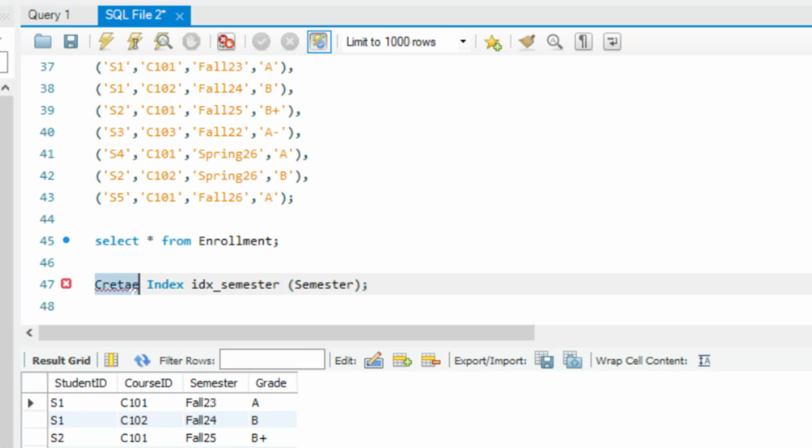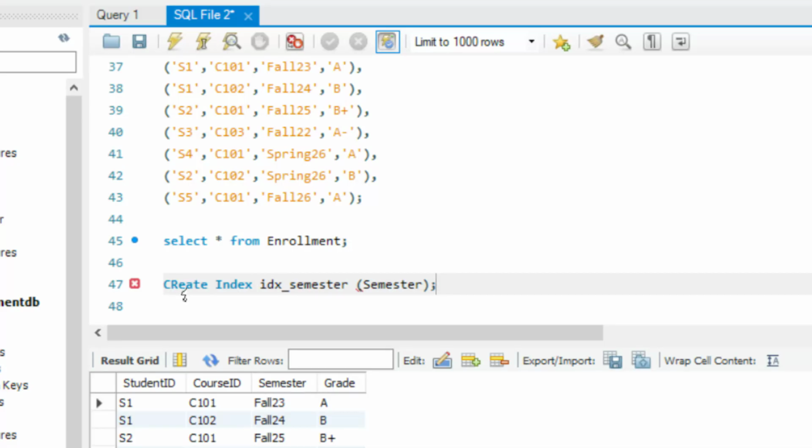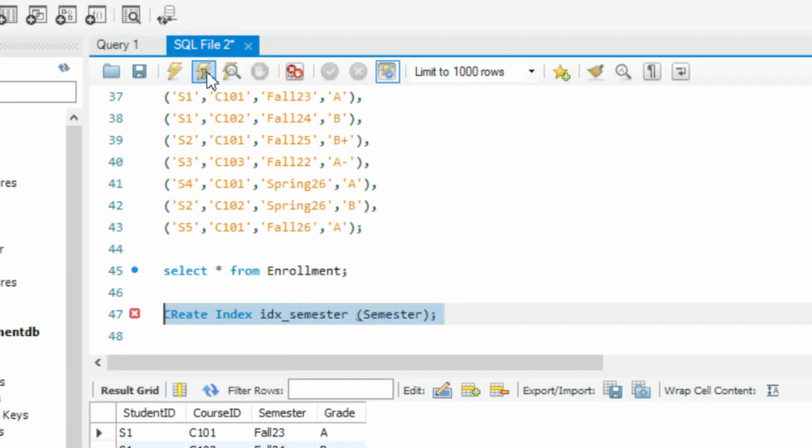Yes, check the spelling of create index, index name, and index on the semester. And when I run it,